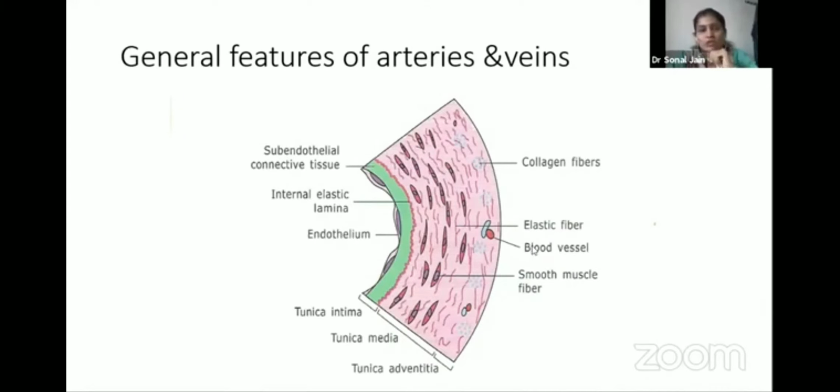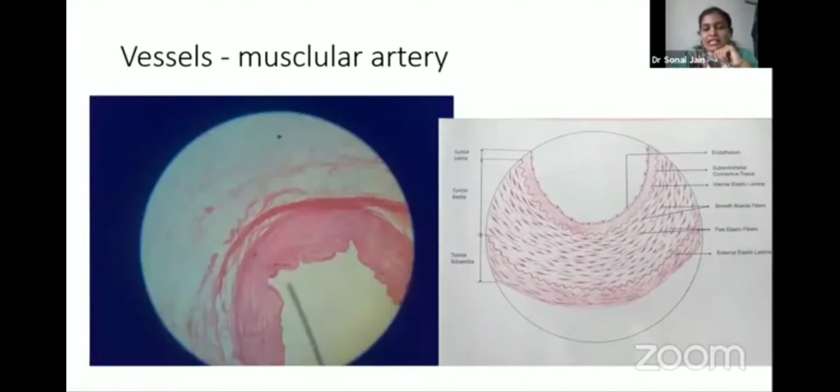Okay, so now we are seeing them one by one. First, there is the muscular artery and the elastic artery, small arterioles, and the veins also. We are focusing on the muscular and the elastic artery. The muscular artery, as the name suggests, contains more smooth muscles in the tunica media. These are medium-sized arteries and they are the distributing arteries, that means they distribute the blood.